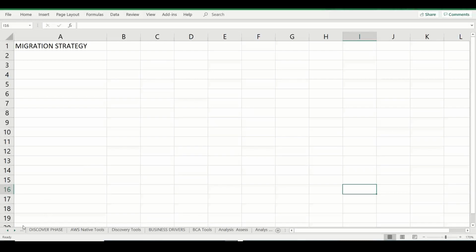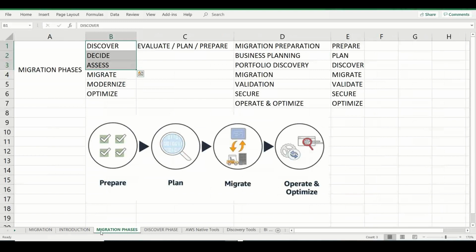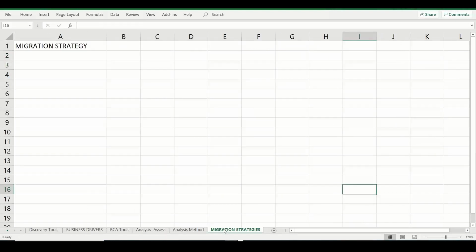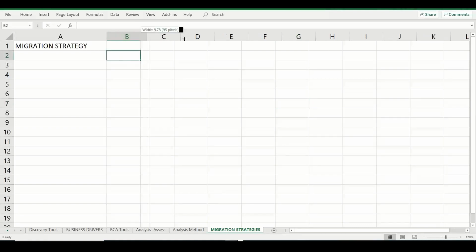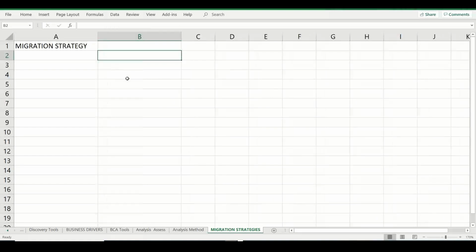Yeah, we have been discussing the different phases, right? See, people tend to think too much about the strategy. That is important because technically, when you want to take a strategic approach on a particular workload, there are 7 different strategies. It used to be 5, sometimes 6, and now it has increased to 7 different migration strategies. So I will try to explain as much as possible in detail,